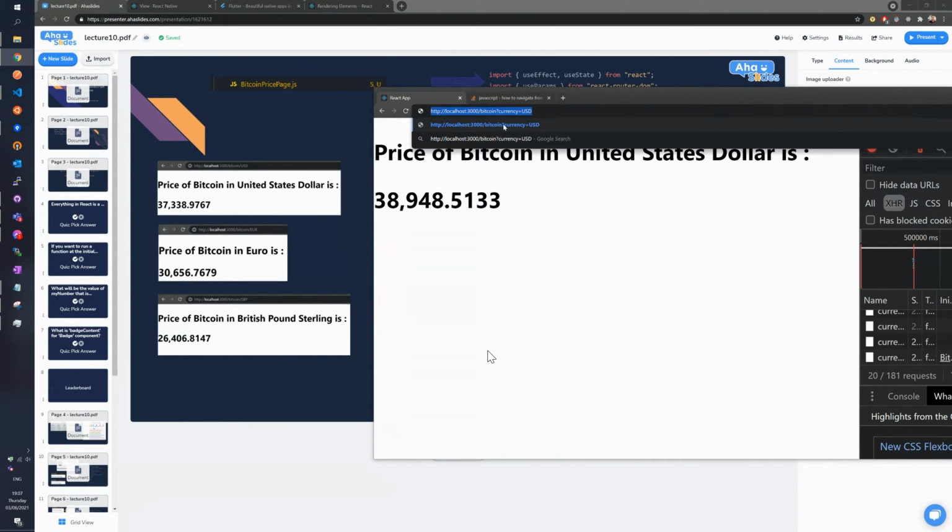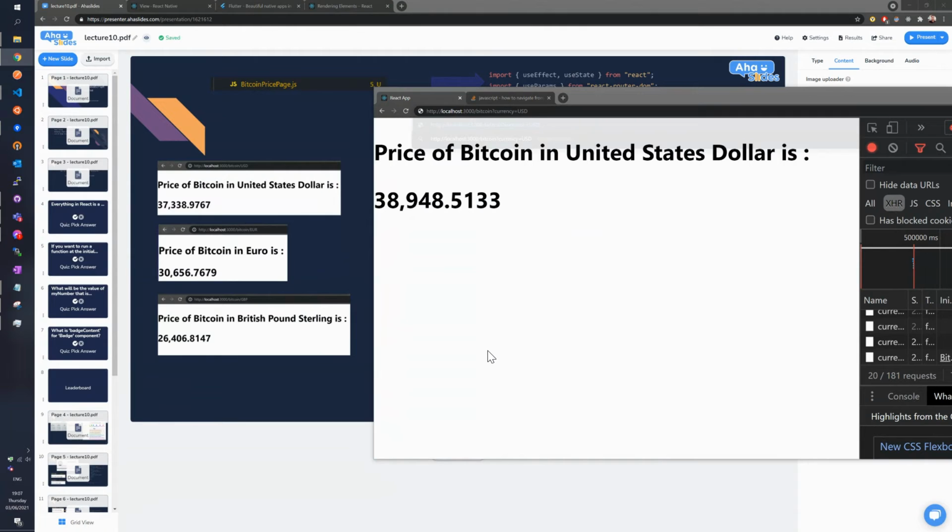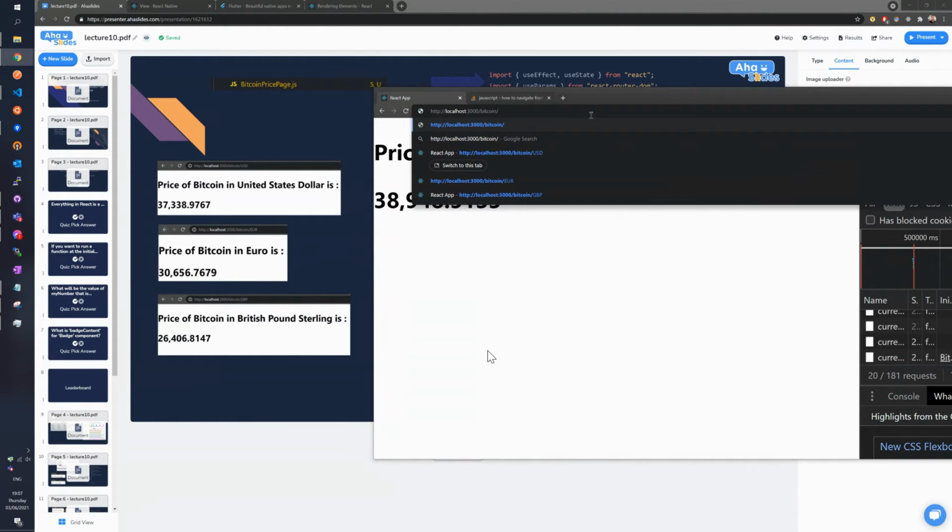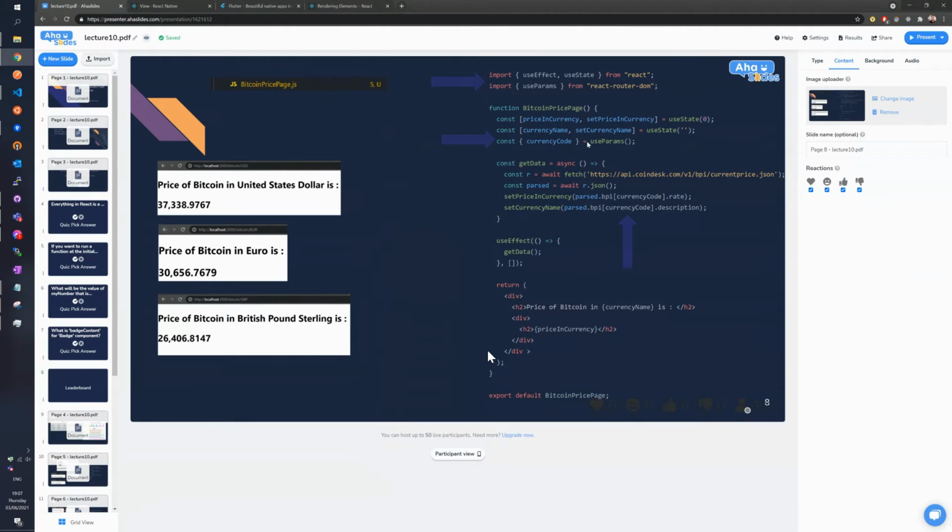So instead of passing, I'm going to copy this right here. So yeah, a nice challenge would be that you try to put that in a query parameter rather than in a dynamic path. So pretty much just Google exactly what I just told you, and you'll try it. You'll see it's quite simple. So here we're using this useParams to extract this currency code, and then later you'll see that you can also extract something else.